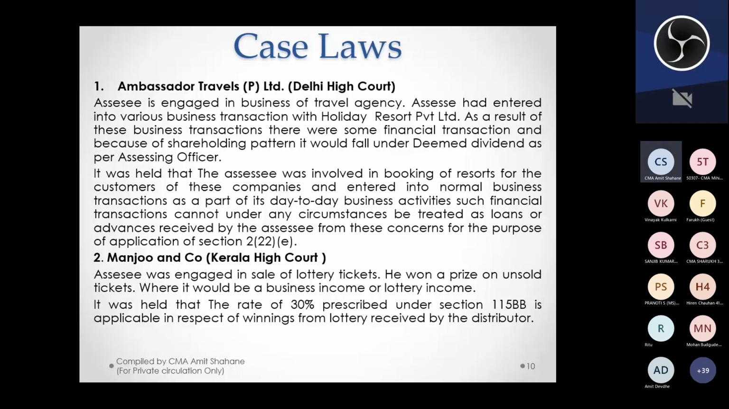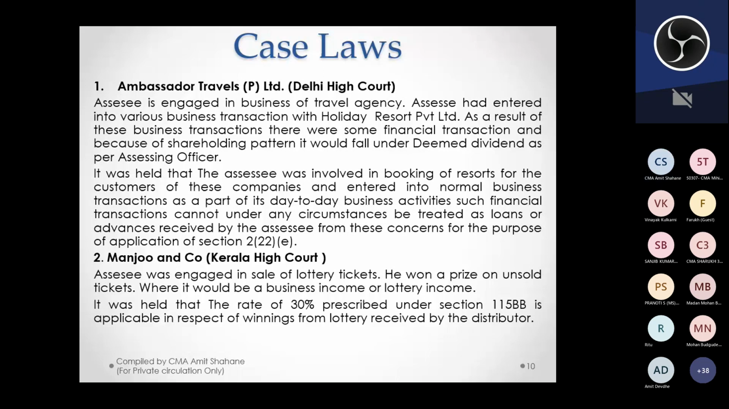Right. The next case is, assessee was engaged in the sale of lottery tickets. He won the prize on unsold tickets, where it would be, whether it will be a business income or lottery income. So let's say I am a lottery vendor and I have got some unsold tickets with me, and out of that unsold tickets I have won a lottery ticket. So the assessee claimed that this is my business income, but the court held, this is Kerala High Court decision,